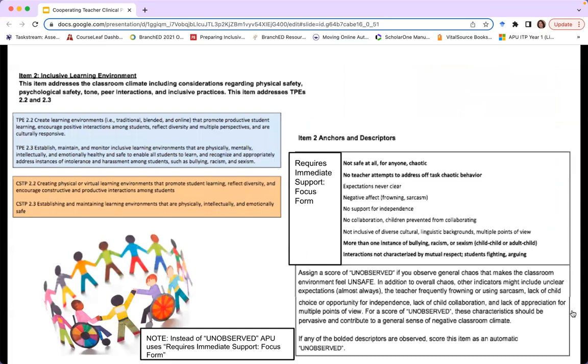Item 2, inclusive learning environment, focuses on TPEs 2.2 and 2.3. A focus form will be created if the situation is not safe at all for anyone, it's chaotic, no teacher attempts to address off-task chaotic behavior, expectations are never clear, negative affect, frowning, sarcasm, no support for independence, no collaboration,